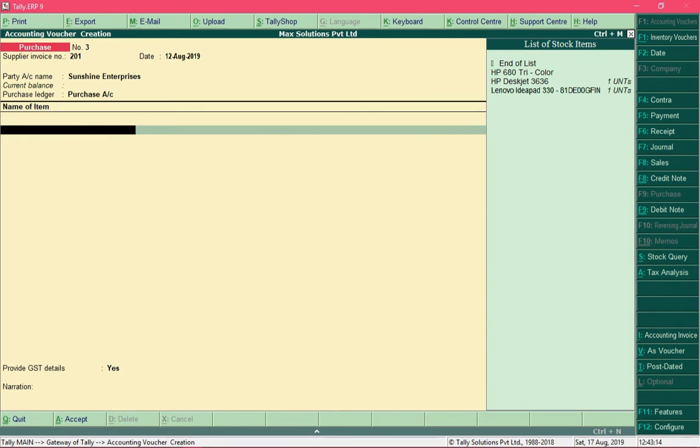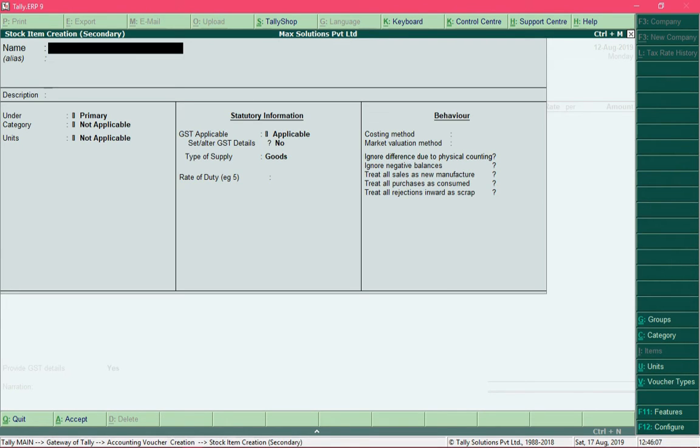Now let me specify the name of the items that I am purchasing, and over here we have a pack of cartridge, but if you look at the transaction, we are buying a pack of single cartridge, so that item is not created. So let me take you through item creation by pressing Alt C, and let me provide a name for this item, which is HP 680 single color cartridge,